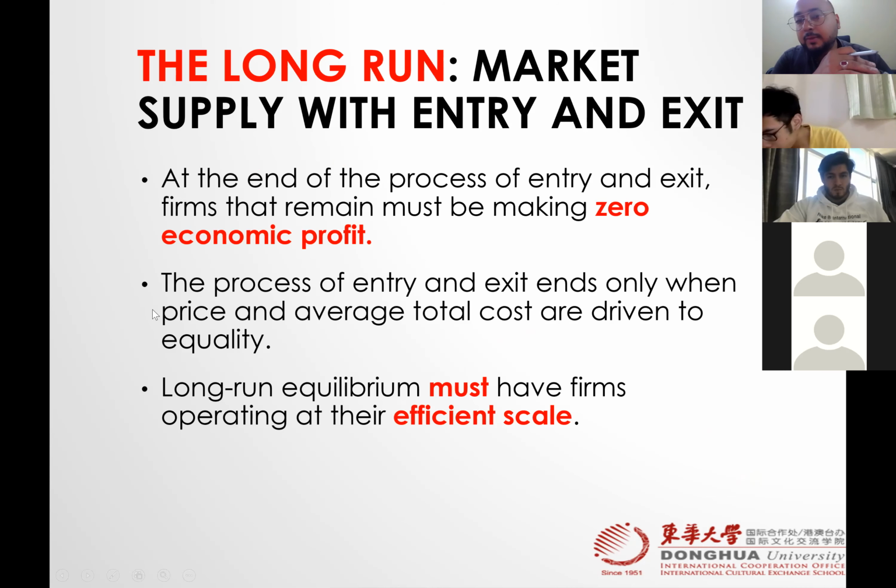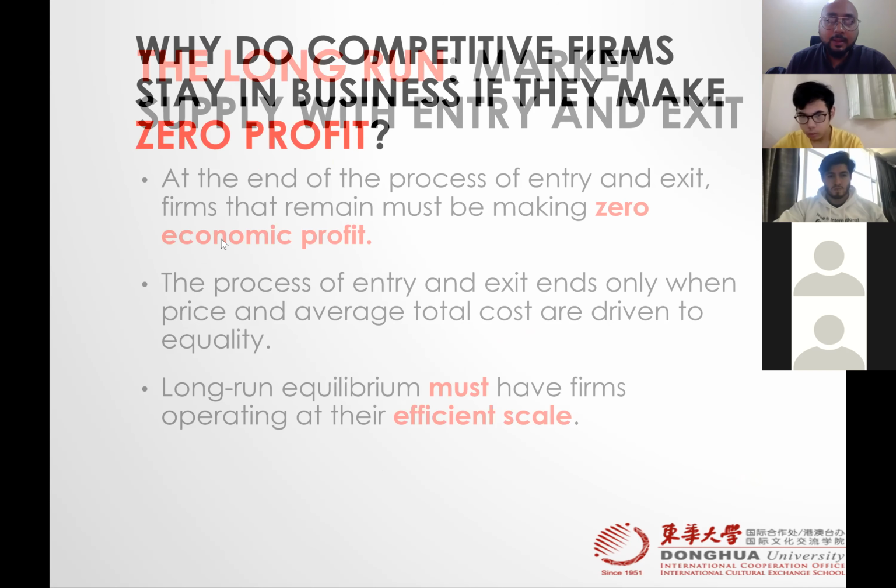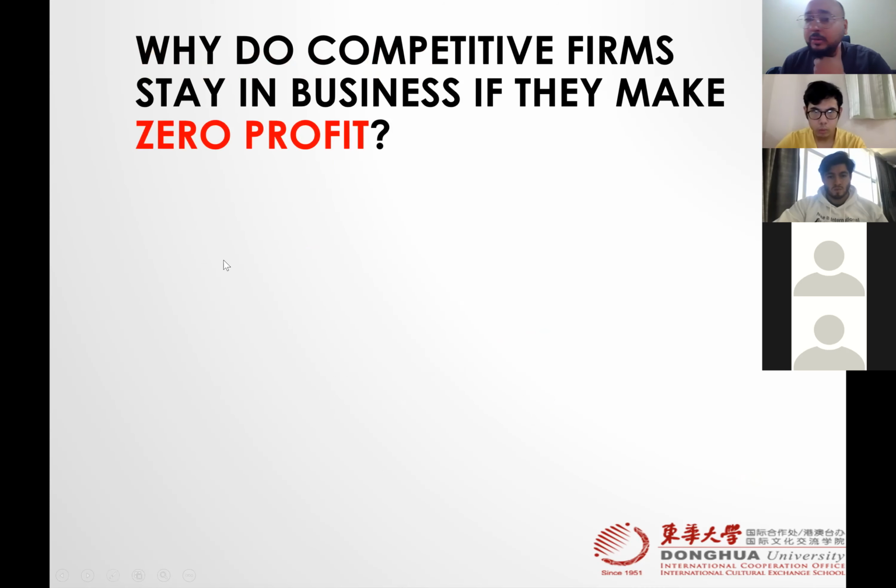So at the end of the process of entry and exit, the remaining firms in the market will be enjoying zero economic profit. There would be accounting profit, but when we convert it into economic profit, they would be enjoying zero economic profit. So the long run equilibrium must have firms operating at efficient scale. Let's talk about this. If they are earning zero economic profit, that means,